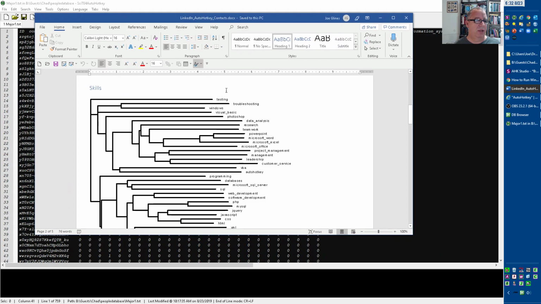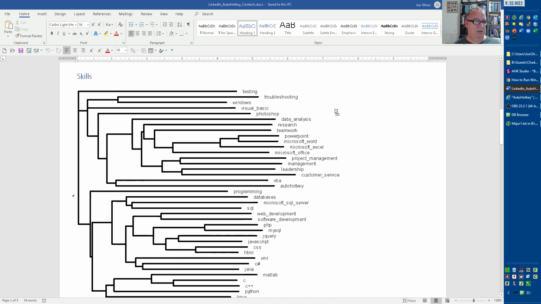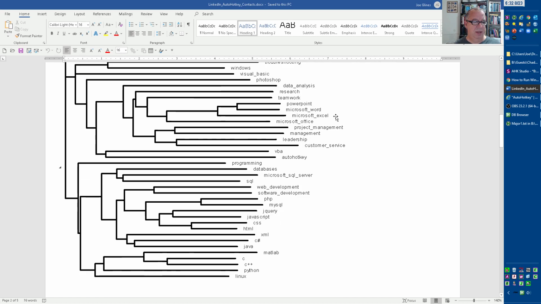And let me give you a quick look at it. This is one of the trees I made. It's an additive tree. It shows you correlations across the things. And so you'll see this is the skills, right? So you can see it makes a lot of sense that people who work in C also work in, I think that's C# with the C++. C# is the pound. But with AutoHotkey, VBA was the highest thing that was correlated, because this distance is the closest thing to it, right? And then these are all kind of a branch off of this whole branch.